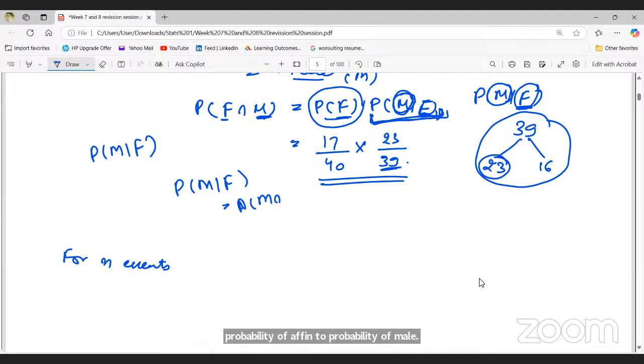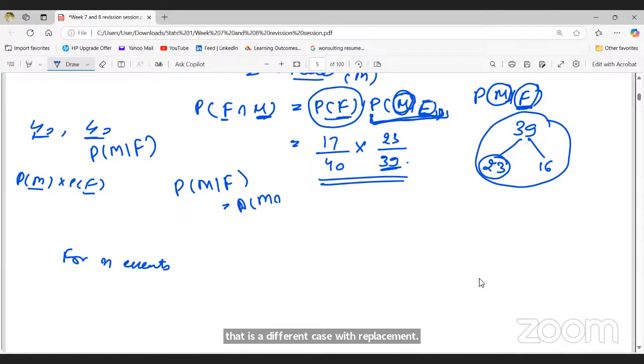If it's with replacement, that means they're independent, right? Like selecting one student from the 40 students, then after that we are replacing that person. So in total, we again have 40 students, right? So these cases are independent. So it would be probability of M into probability of F only. That is a different case, with replacement. We'll come to that.